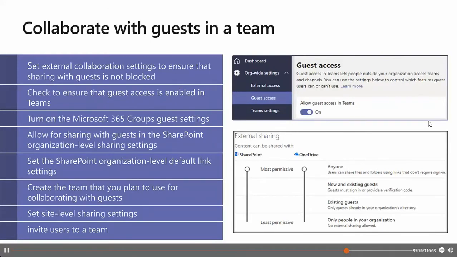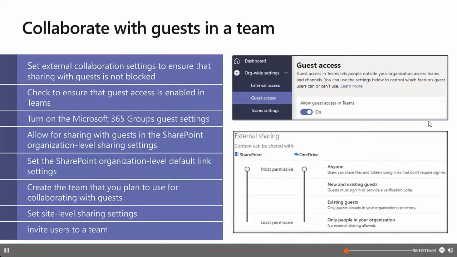Then we have the Microsoft 365 groups guest settings. Obviously, as we already know, Teams uses Microsoft 365 groups for team membership. So the Microsoft 365 guest settings must also be turned on in order for guest access in Teams to work for you.